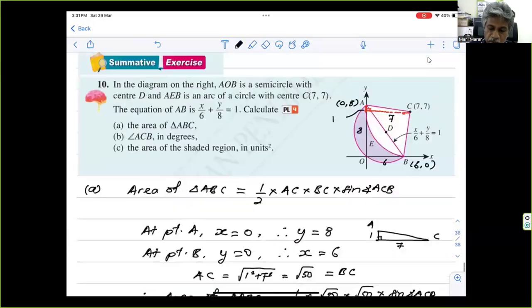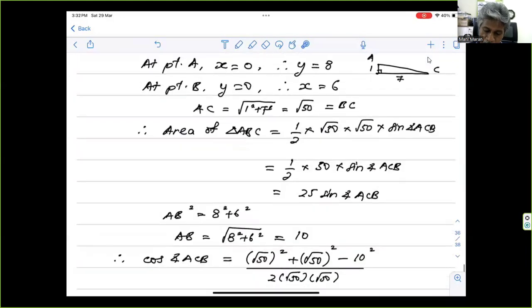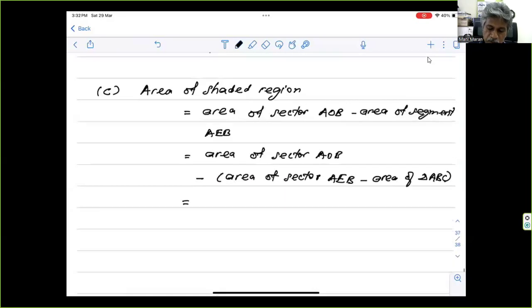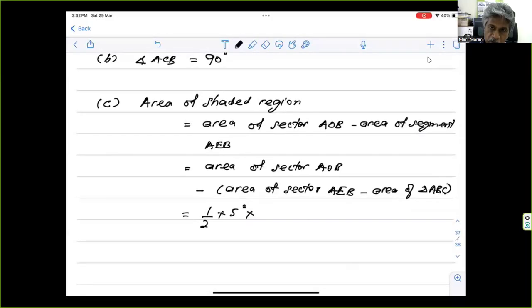So when you look at sector AOB, half r square, what is the r for this value? R will be given by half the distance from A to B. So what is distance AB? Distance AB, we just calculated that to be 10 units. So half of 10 will be 5. So that will be the radius. So this will be half r square theta is equal to half times 5 square, times angle, because sector AOB is a semicircle, the angle will be pi radian,